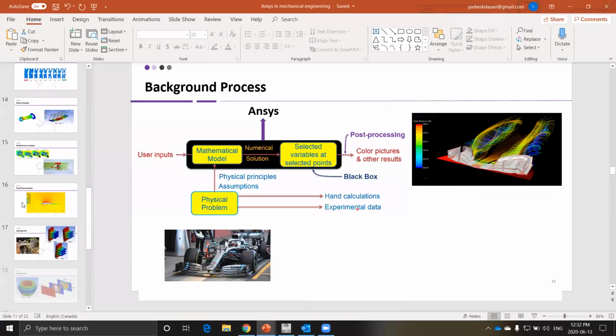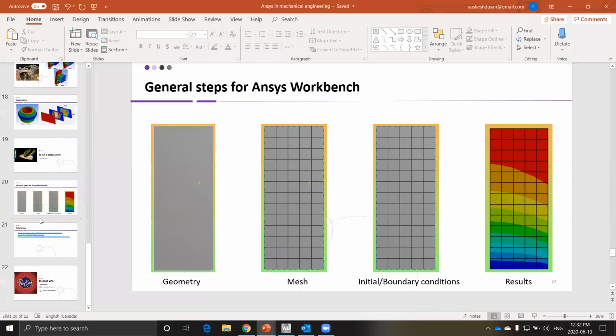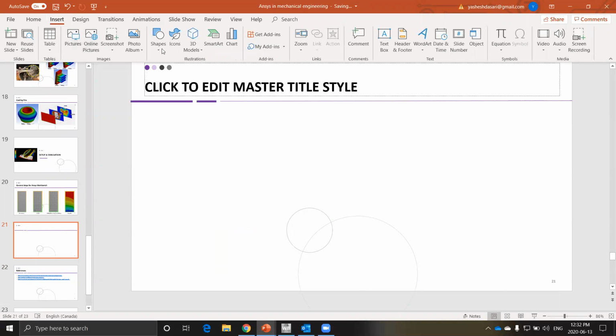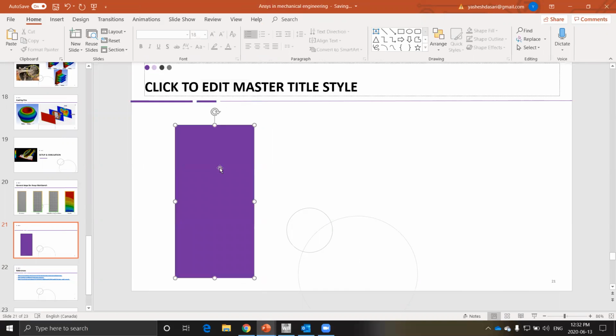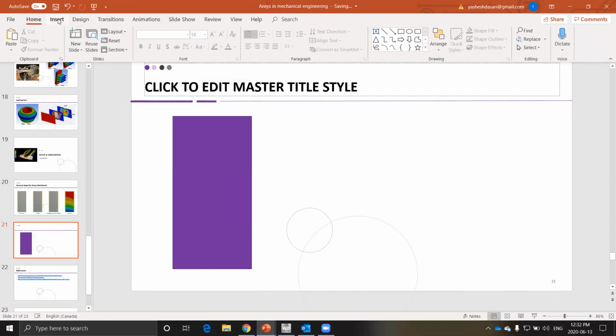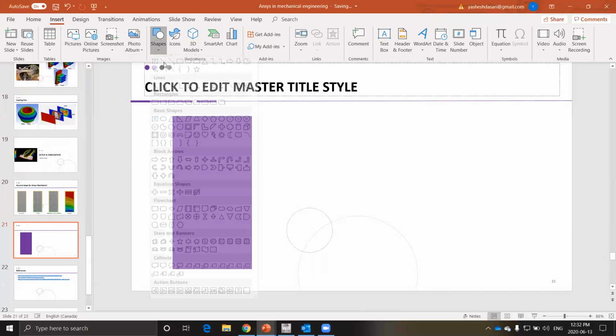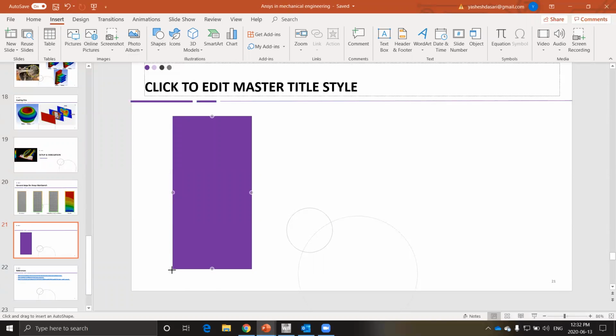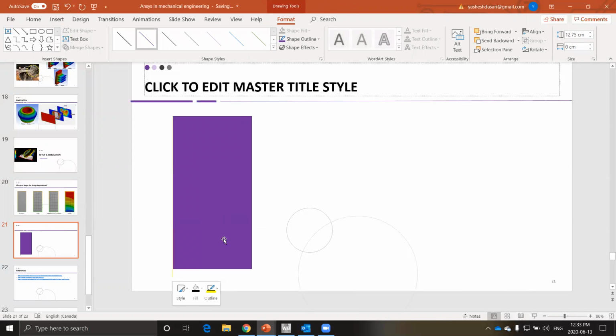So let's do a simple analysis. Say you want to study the temperature distribution inside a plate. Okay. And say we have this surface and this surface, the top and the left surfaces.